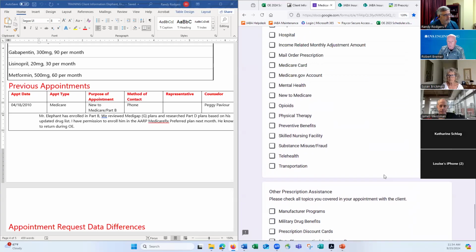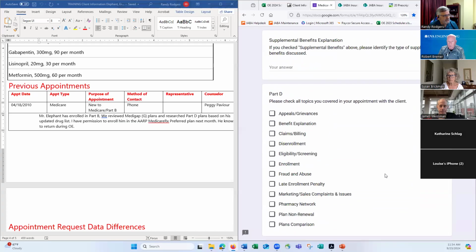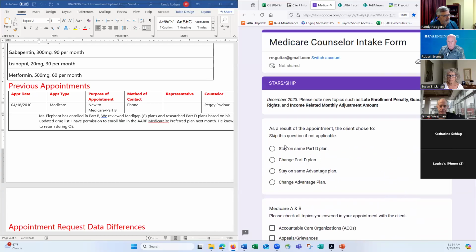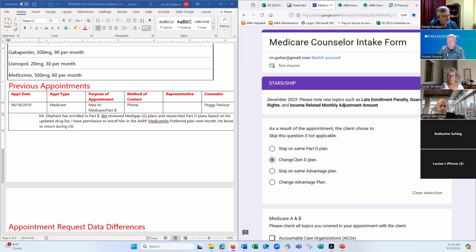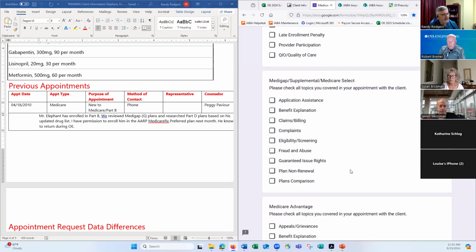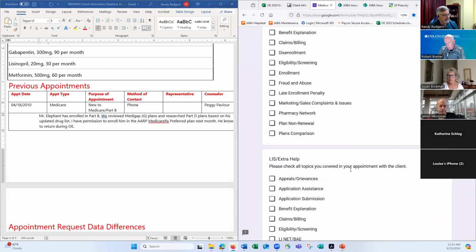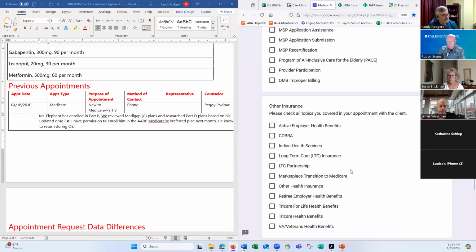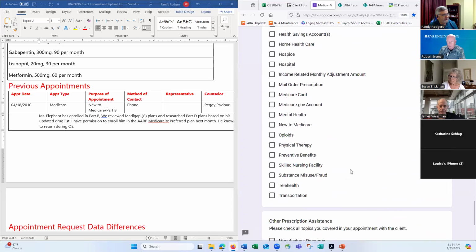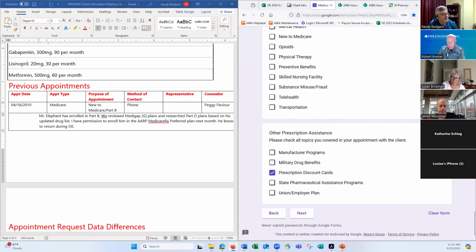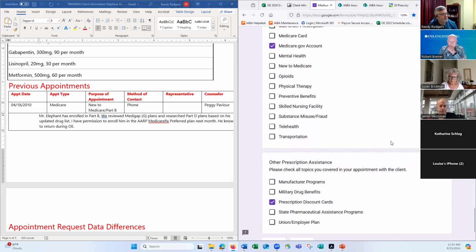we would like the boxes checked that should be checked. But at the end of the day, if you've checked this or this, stayed on the plan or changed plans, you've gotten done what we really need to have done. The rest of it is the add-ons we want to put in there that we're telling the state we set up their Medicare account, or we've talked to them about GoodRx or so. And if we didn't get those on there,